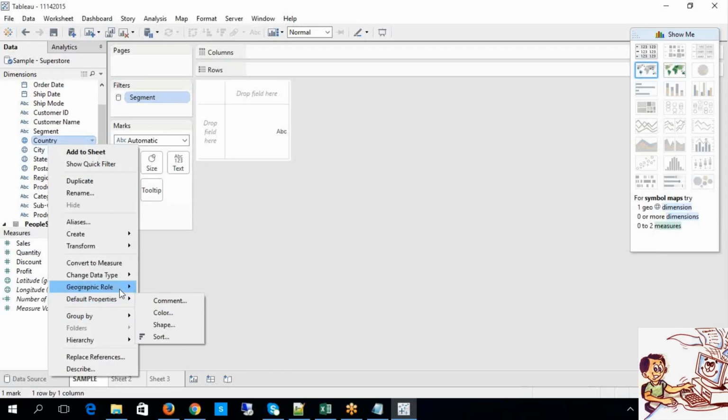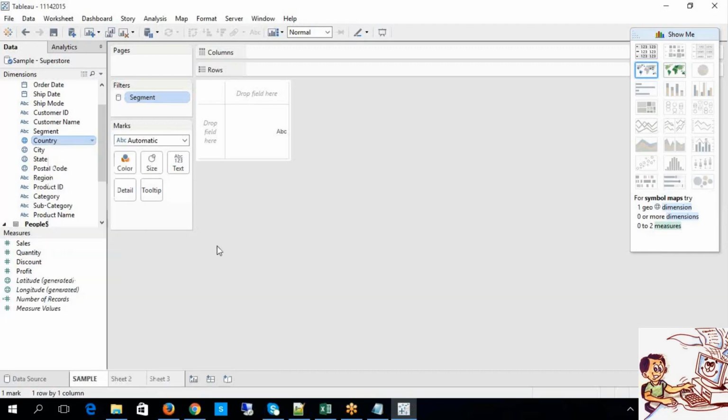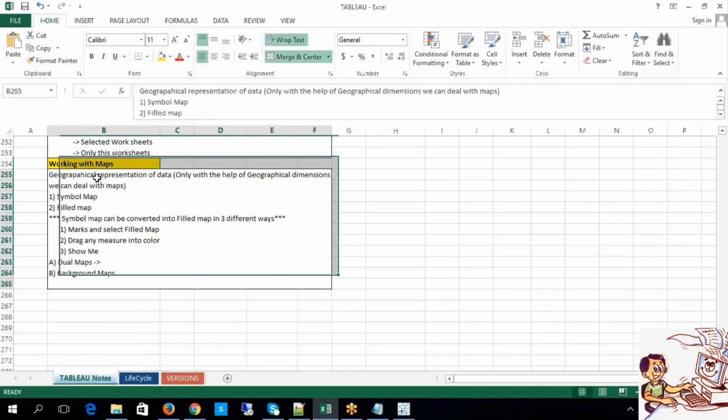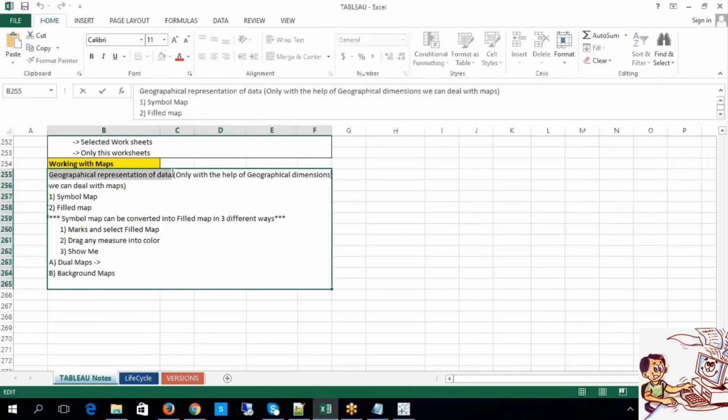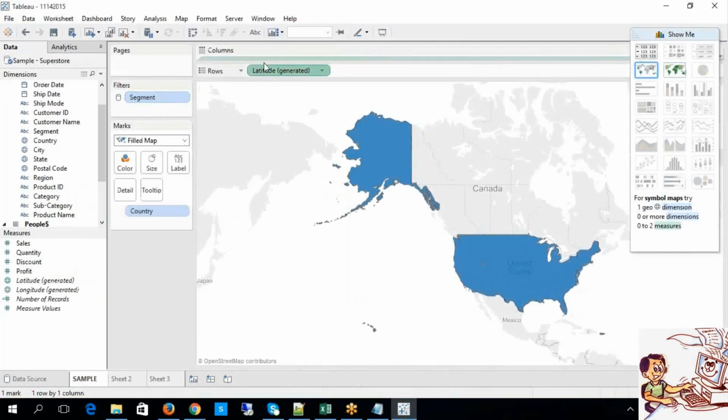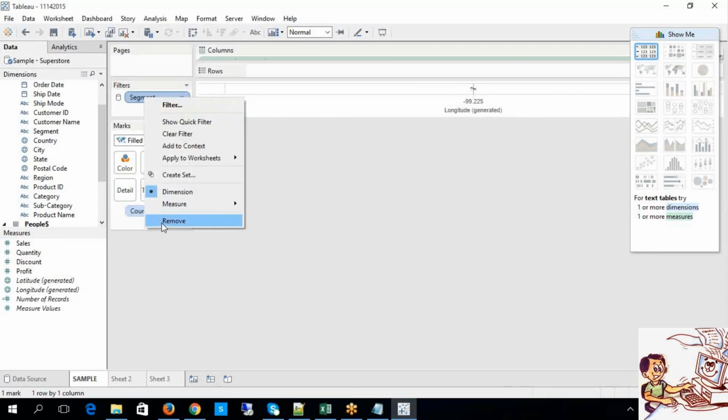So basically, maps are representing what? Maps represent the geographical information, I mean to say geographical representation of data. The map is informing about the geographical representation of data, isn't it?